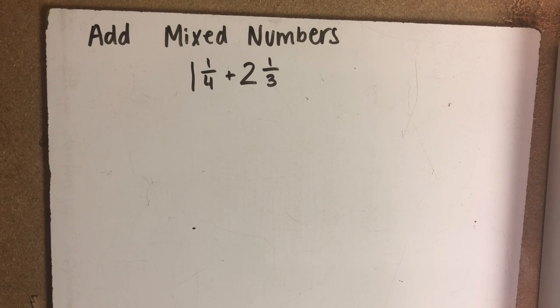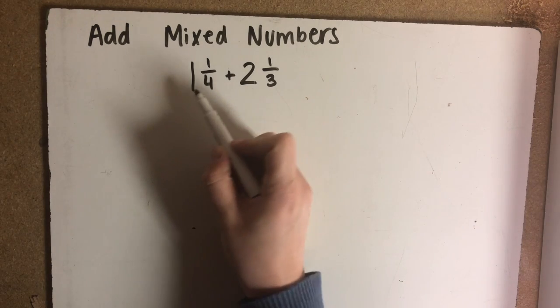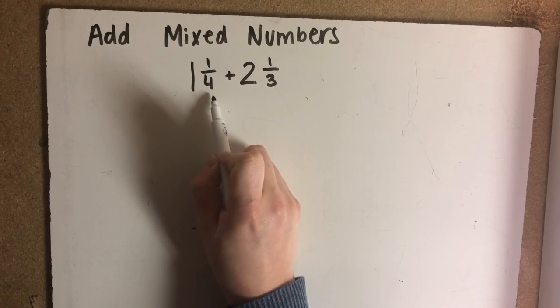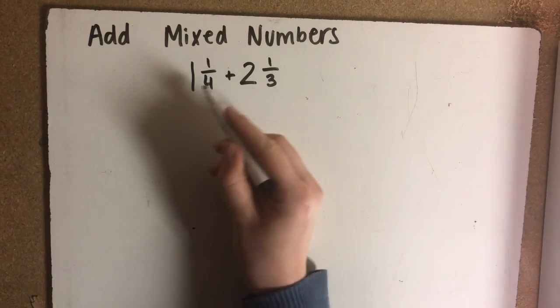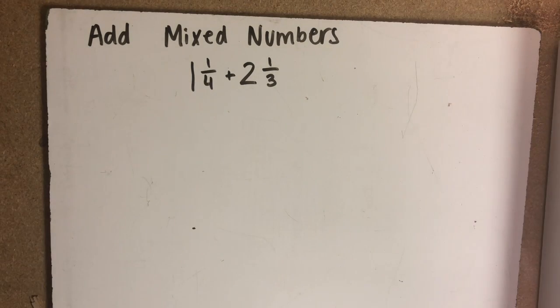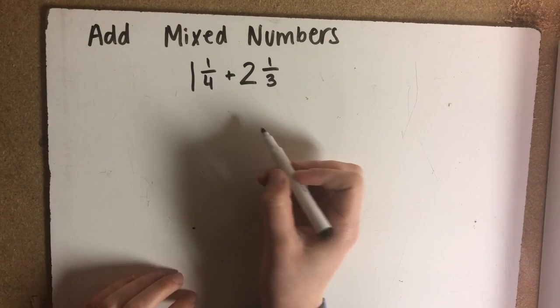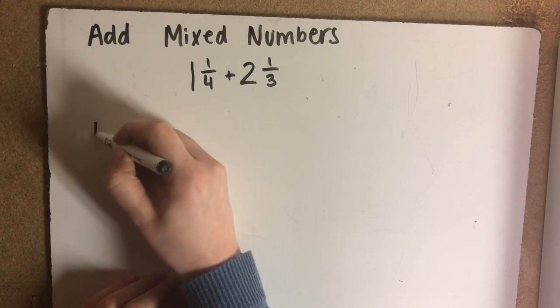Just to review, a mixed number is a number that has a whole number and a fraction all together as one number, okay? So the steps for adding mixed numbers is very similar to the steps of just adding fractions with unlike denominators. You just have the additional step of adding your whole numbers together. Okay, so let's go to our first step, which is find